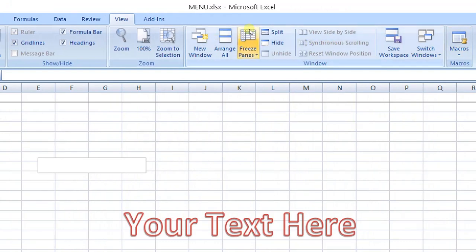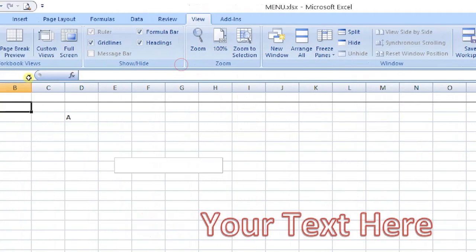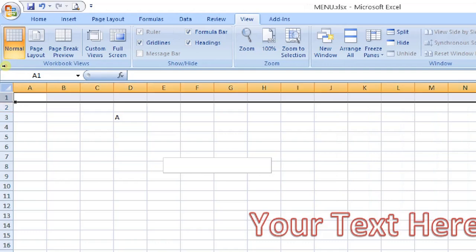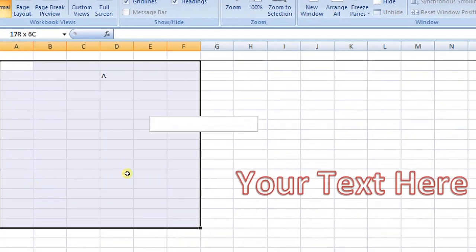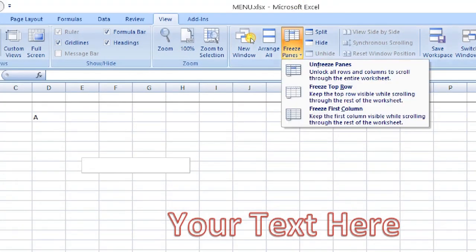Among this, the window menu has the freeze panes menu, which is a very important option to use. Suppose you want the top row to be frozen and the other data to scroll as it is. You can use split and unfreeze, freeze top row and freeze first column options.